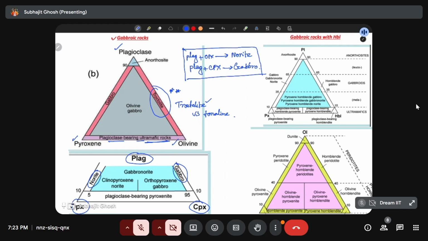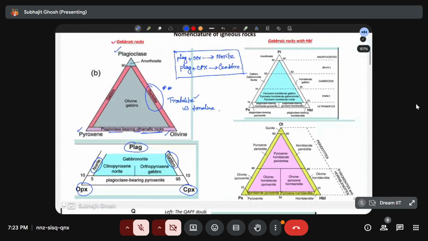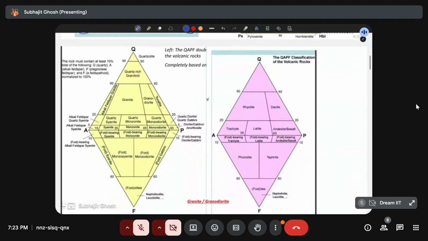ओके, बाकी जो ये दोनों है गैब्रो विथ हॉर्नब्लेंड, इसमें ज्यादा इंपॉर्टेंट कुछ भी नहीं है, बहुत ही बेसिक्स है, यू कैन रीड बाय योर ओन, ठीक है। सो अभी तक यू आर स्टडिंग अबाउट द माफिक, अल्ट्रामाफिक, सो नाउ वी विल बी रीडिंग द फेल्सिक वन, ठीक है। सो फेल्सिक रॉक में क्या क्या मिनरल इंपॉर्टेंट है, वी ऑल नो, इट्स सो बेसिक